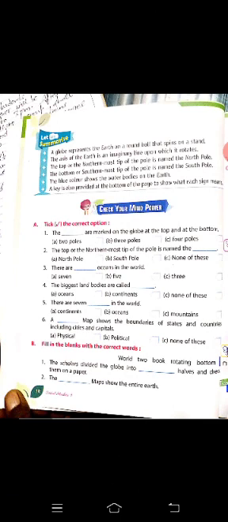The dash are marked on the globe at the top and bottom. Dear students, as we discussed earlier, two poles are there. So which pole represents what, you have to find on the basis of your reading. Read this chapter once again, try to find out the answers and write them in the book only. Okay, then the second one is fill in the blanks with the correct words. Here some hints are given to you. Complete this. And after that, brain corner, which is followed by questions and answers.